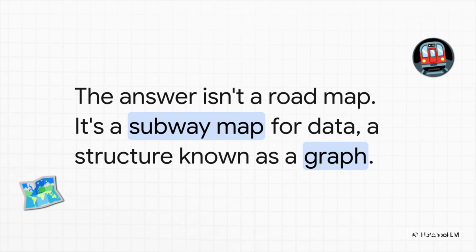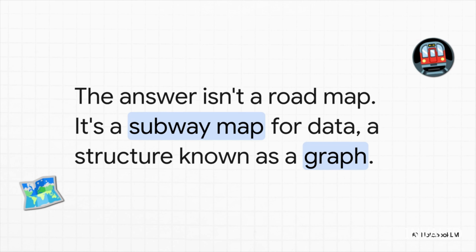So what's the secret? Well, it's not a road map. It's more like a subway map for data. This is a really powerful idea from computer science called a graph. And yeah, you can forget about the x and y axes from math class. For our purposes, a graph is just a map of connections, a huge subway system where data zips from station